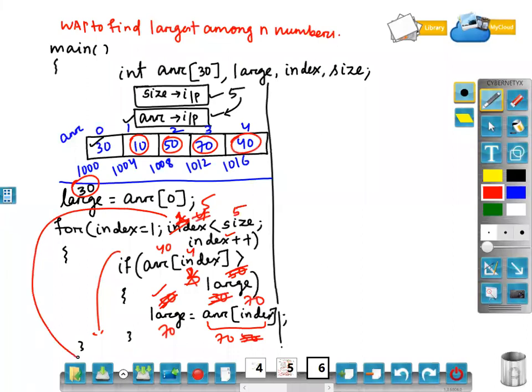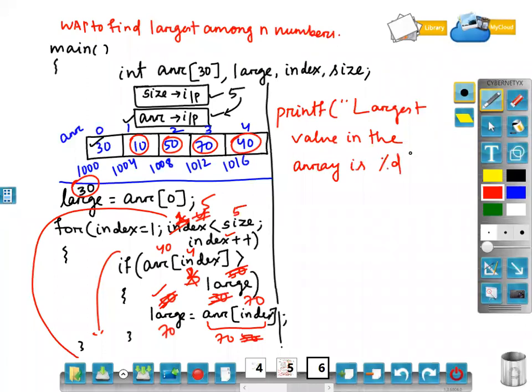Okay. Outside the for loop, I am printing: largest value in the array is %d. Who is having the largest value? My large variable. So print the value of large.